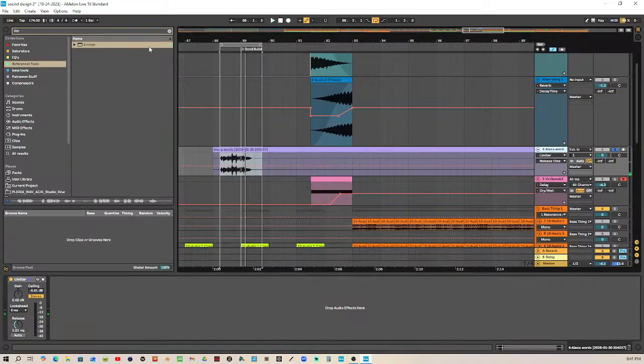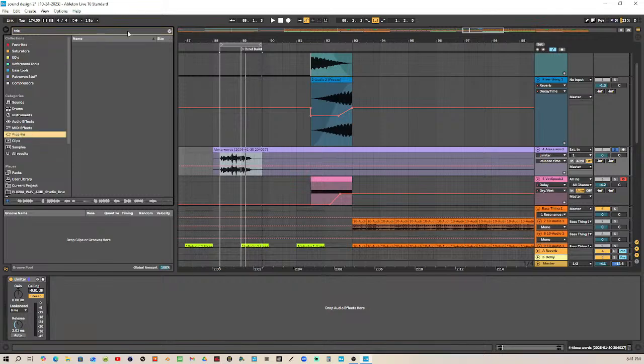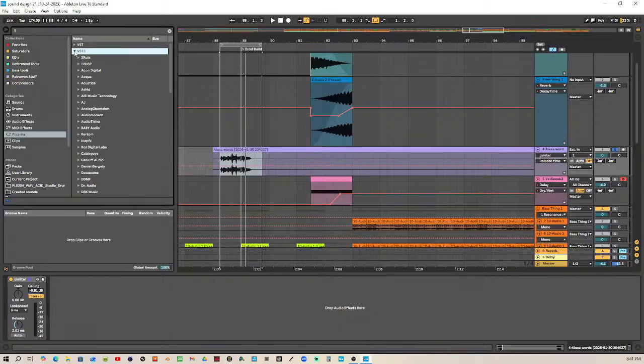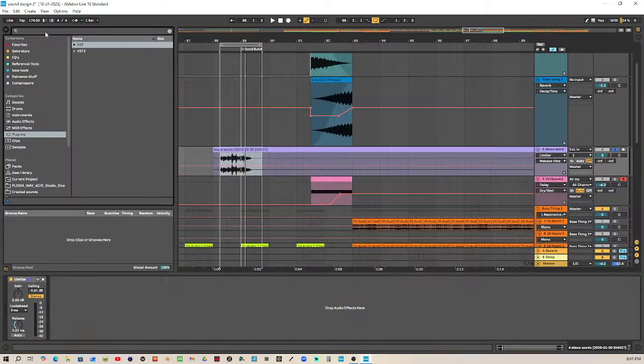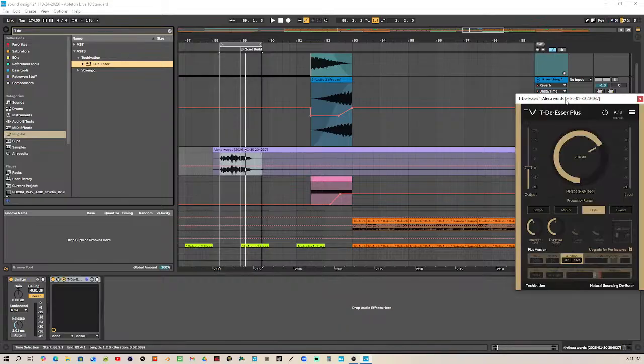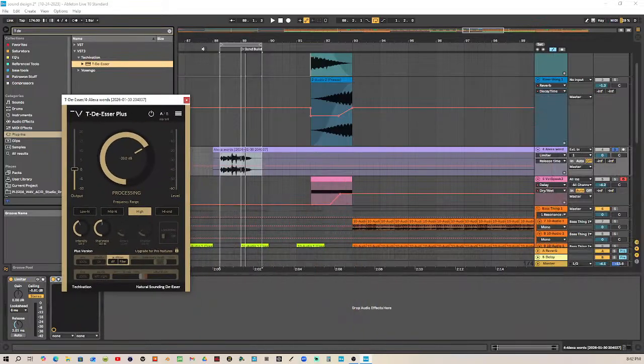And then I'll go ahead and grab a de-esser and slap that on there real quick because I'm going to put some compression on it probably. So maybe TD-esser if I still have it. I don't know if I still have it. Let's see if I still have that. We got T. Okay. De-esser. Oh, why is this not TD-esser? There it is. Let's slap that on there real quick. It's okay. I don't think it's awesome, but it works.